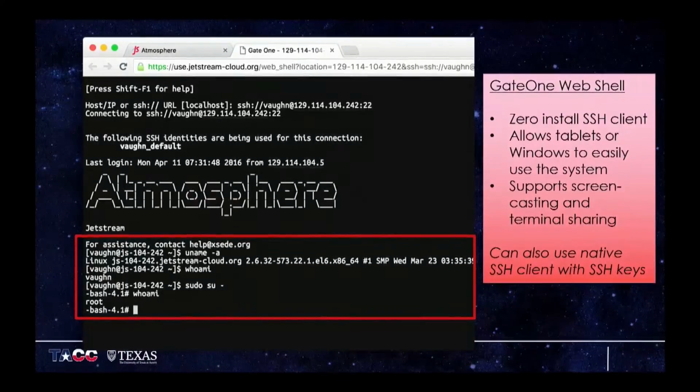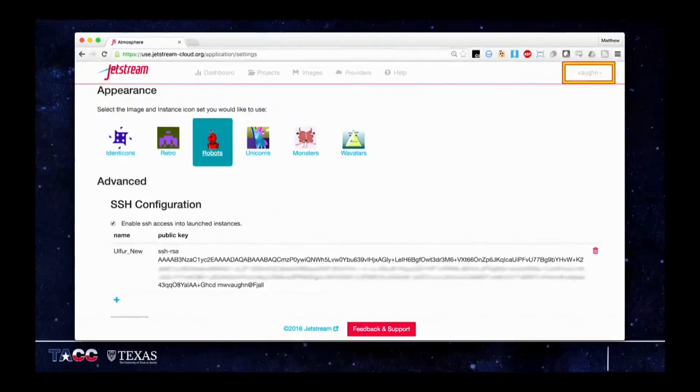The downside is now they kind of have to know how to set up their SSH keys, and we actually handle that for them through the web interface, where you can specify your specific key that you're going to use to be able to get into the instances, and it'll populate your instances in it. And of course, you do need to enable SSH access if you want to get into your images. You do not have to. You can do everything through the web interfaces.